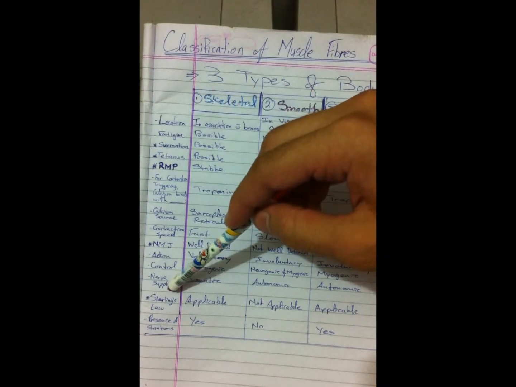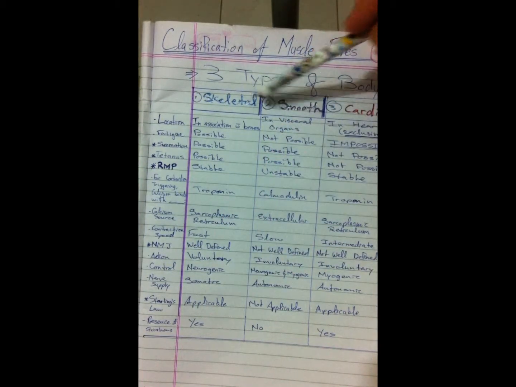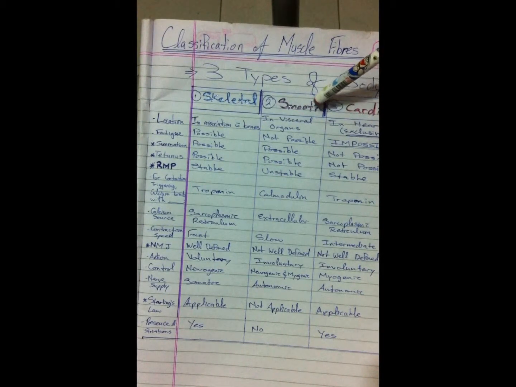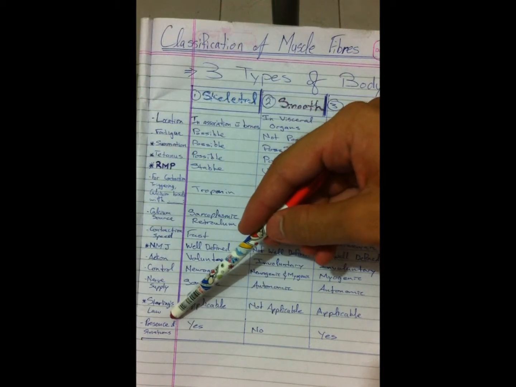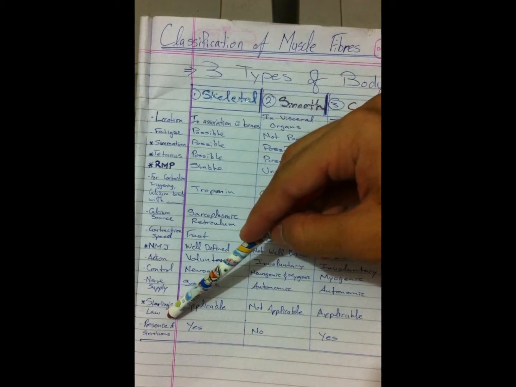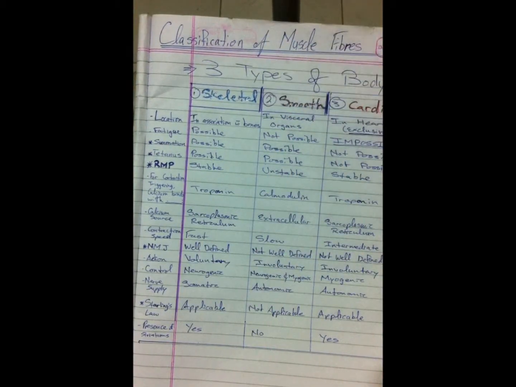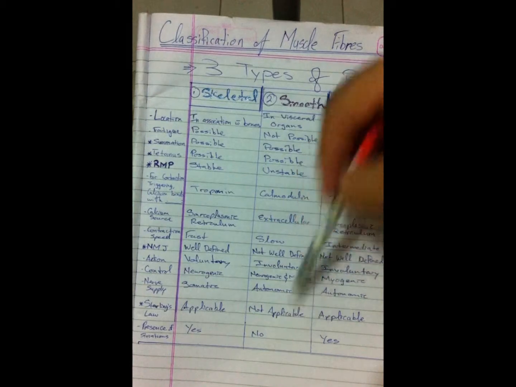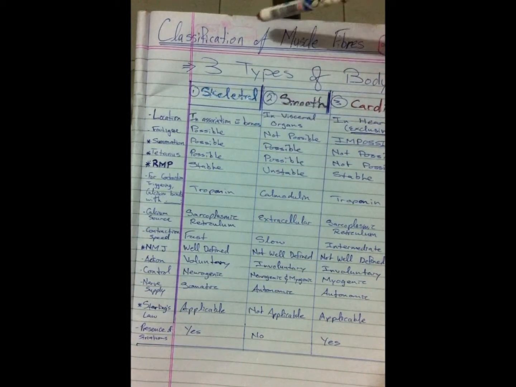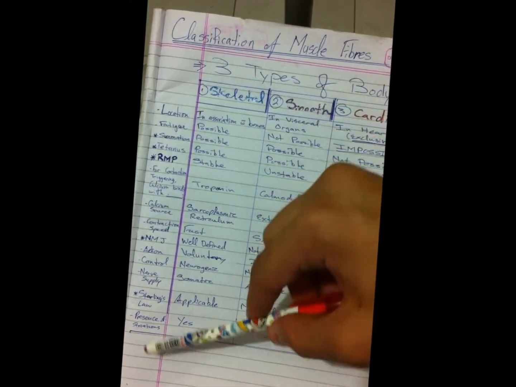And Starling's law, which I'll describe later on, is applicable in both skeletal muscles and cardiac muscles, but is not applicable in smooth muscles. Now, the last little bit which I forgot to add and put at the bottom here is striations. It's actually quite important because it's such a basic characteristic. So, striations are present in both skeletal muscles and cardiac muscles, but they're not present in smooth muscles. This is about the basics with regards to classification of muscle fibers. I'm going to describe these star things later on.